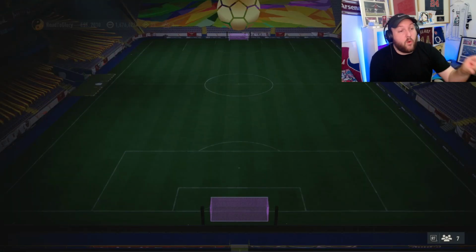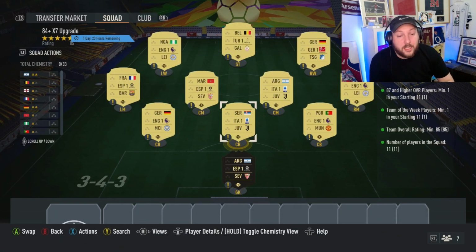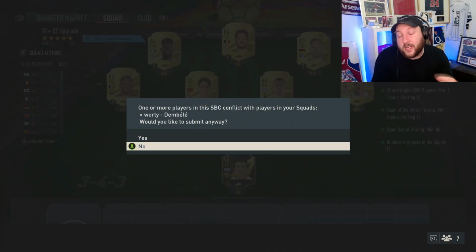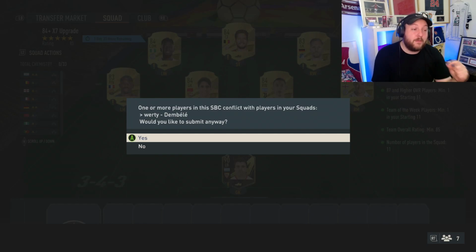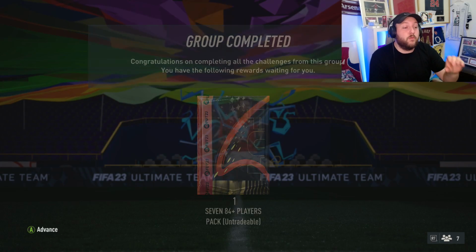So I've managed to get all of these players from the grind, and I will show you exactly how I got them while grinding. As you can see here, we've got the exact rating, the team of the week, and everything like that. So we are going to submit this. The reason we're going to submit is because I have a duplicate Di Maria, which I want to get rid of. And then I'm going to show you what you do with this reward, and then I'm going to go